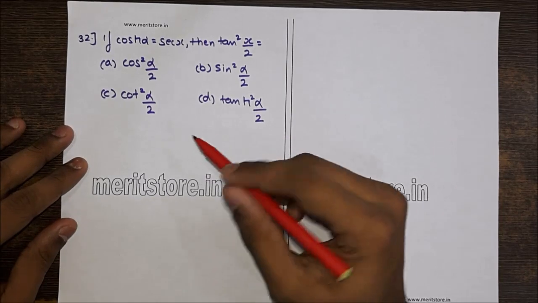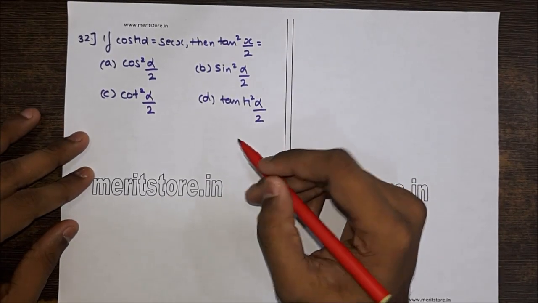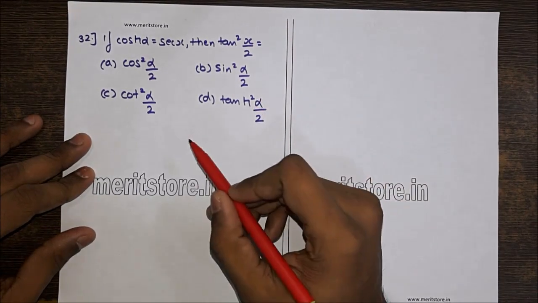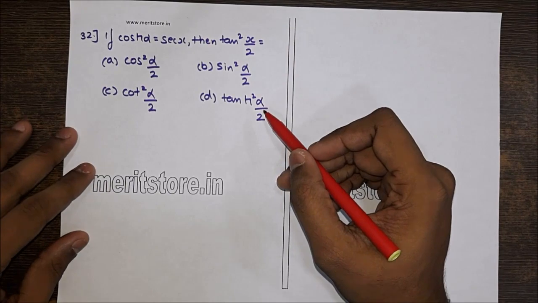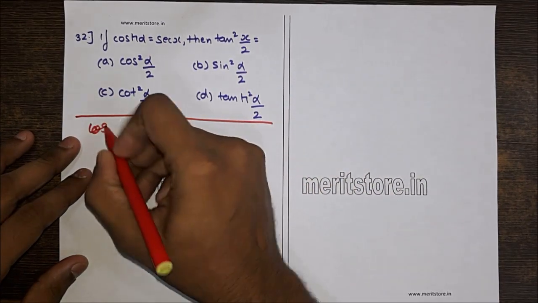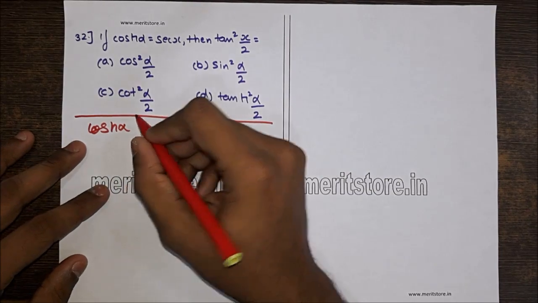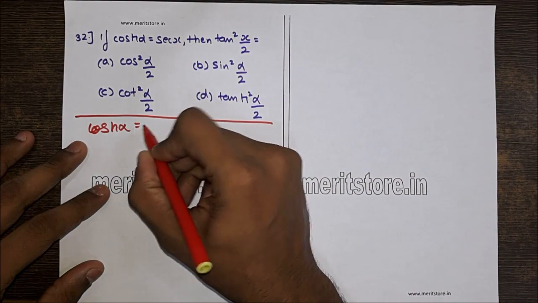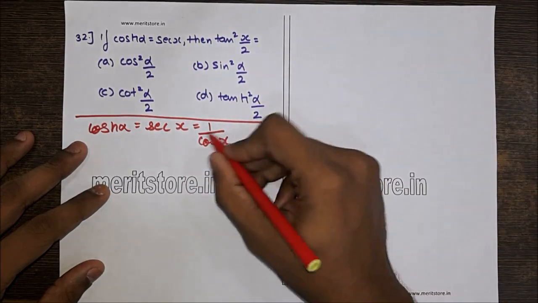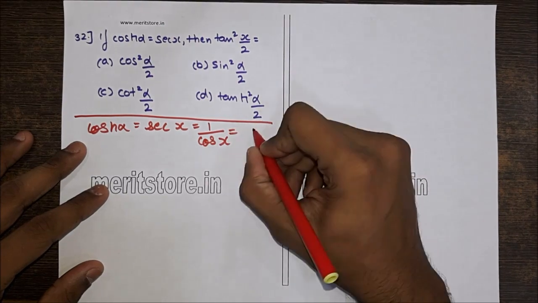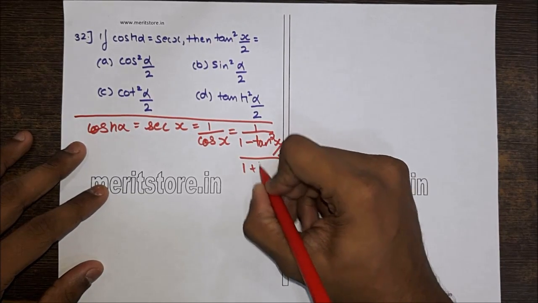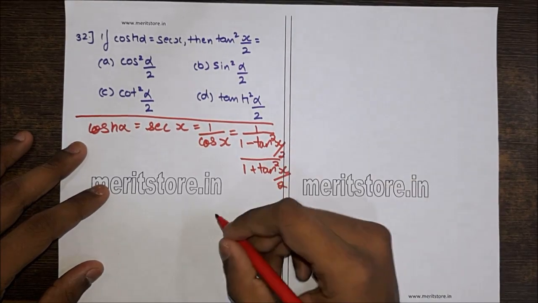If cos hyperbolic alpha is equal to sec x, then tan square of x by 2 is equal to, options are cos square alpha by 2, sin square alpha by 2, cot square alpha by 2, or tan hyperbolic square alpha by 2. First, we write cos hyperbolic alpha, which as we know is sec x, which gives us 1 upon cos x. Substituting the formula for 1 upon cos x, which is 1 upon (1 minus tan square x by 2) upon (1 plus tan square x by 2), which gives us